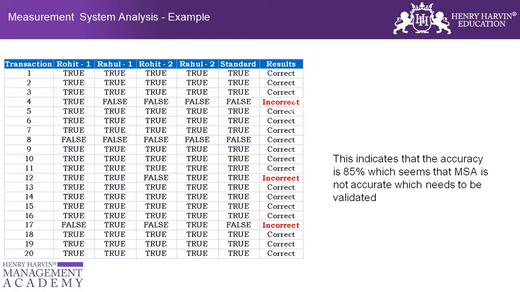You can add as many trials as you like, but as per the standard for reproducibility, you can do it for 3 and 4 times as well. But the more you do it, the more data you have to rely on. So you can have 4 trials and you can have 4 operators as well, but don't try more than 4. It would take a lot of time.